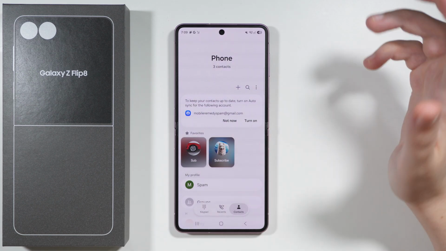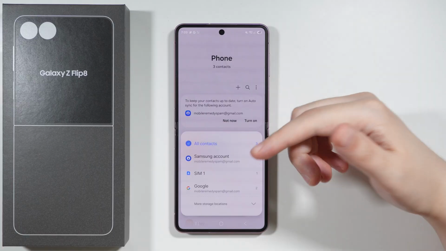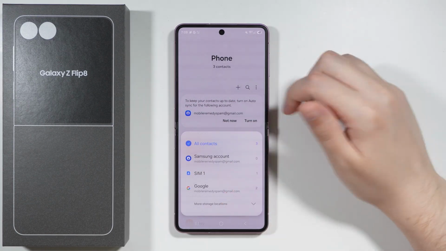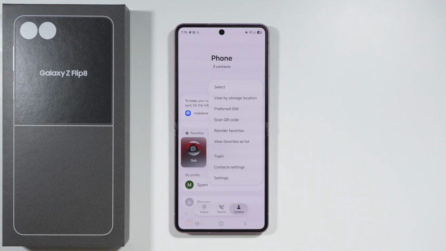And over here you can make sure that the whole contact list is selected. So this should include all your accounts like Samsung or Google accounts, and also your SIM card, for example. But besides that, in case you don't have SIM contacts in here on this list, then once you tap